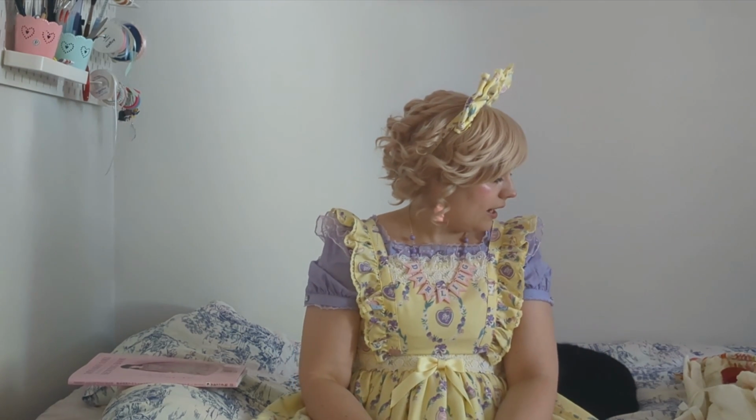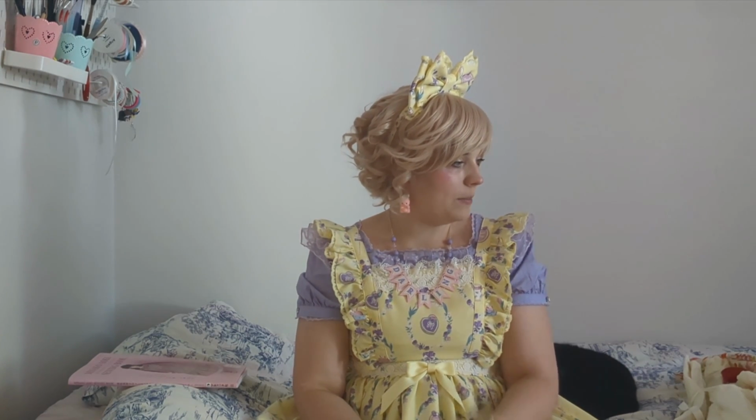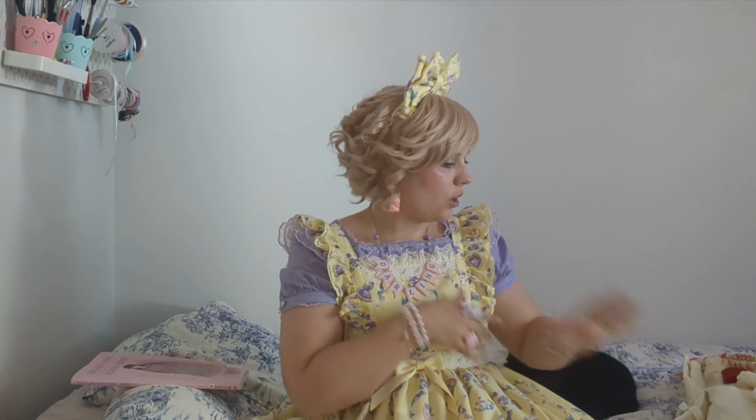But anyway, I'm going to show you the dresses that I have made. I'm missing one dress that is currently at the museum for the time being. But I have shown pictures of it and maybe some clips in previous wardrobe posts or something like that. And I will also talk about construction of dresses